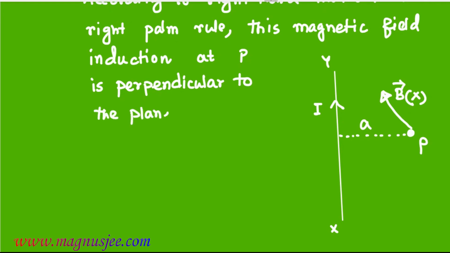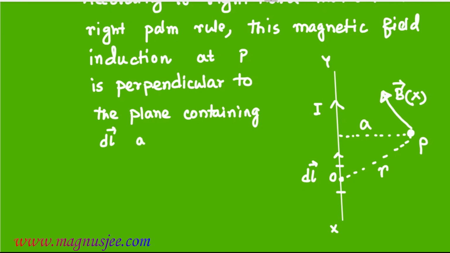Plane means the plane of the green board. Plane containing vector dl, means the length vector of an elementary portion of the conductor. We can consider the current element AC of length dl. R is the oblique distance of the point P from the current element. The plane containing vector dl and vector r. Vector dl is the length vector of an elementary portion of the straight conductor XY